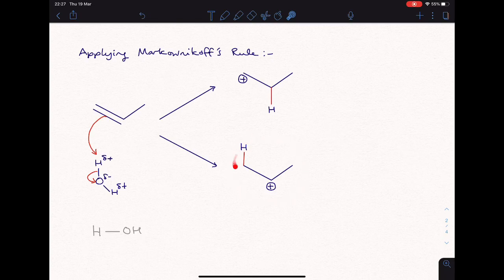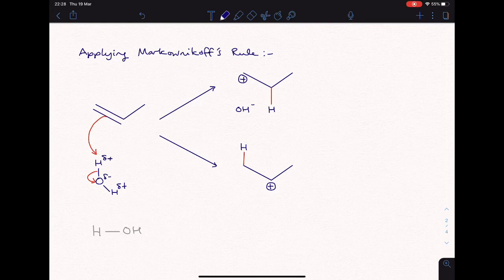Whereas this one will be a secondary carbocation intermediate, as the positively charged carbon is bonded to two alkyl groups or two other carbons. So this one here will be more stable than this one. So this would exist for a longer period of time because it's more stable, whereas this is more likely to revert back to the original alkene. So there'll be less time for this to continue and react with the hydroxide that was left